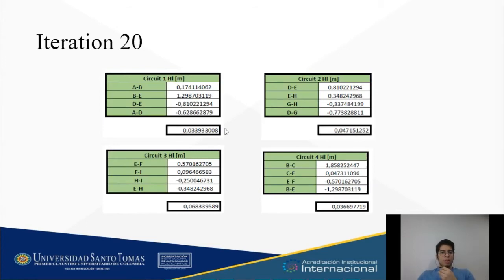This process was repeated 20 times. In iteration number 20 we can see here the losses for each circuit,